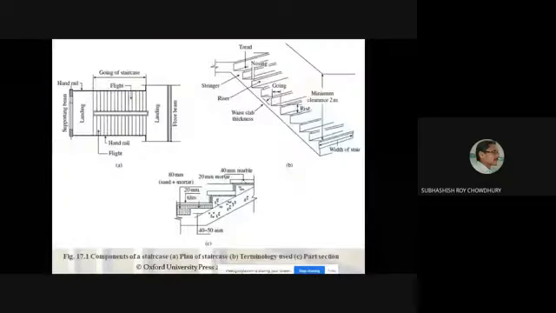Now, these are some views of the staircases. You can get the idea. You have already got the idea from your earlier classes where you have drawn the different arrangements of the stair in your earlier drawing classes. So this is basically the flight. Okay, this inclined part of the staircase is called the flight. Okay, it will have the risers and treads. Okay, this horizontal part is called tread. The vertical dimension is called the riser. So riser and tread are basically the two sides of the steps. So these are the individual steps.